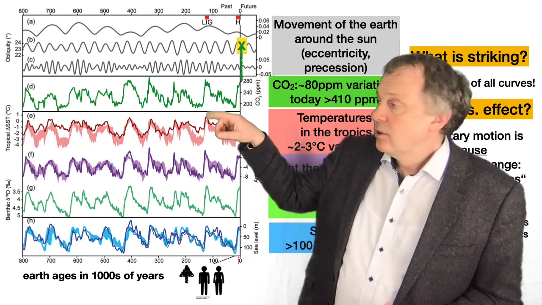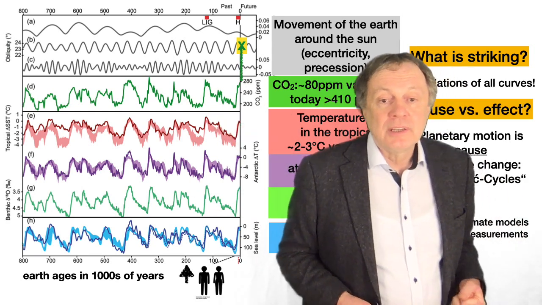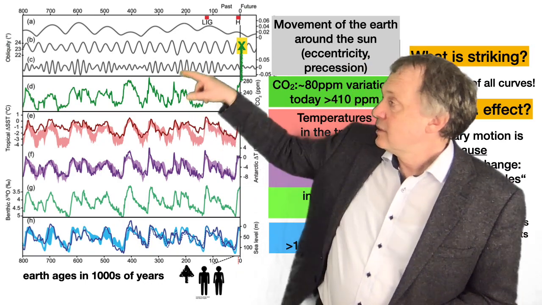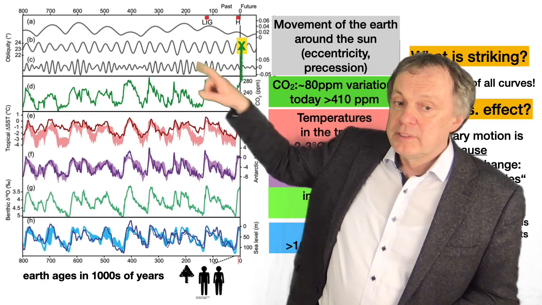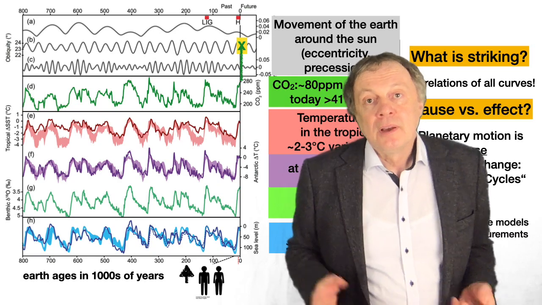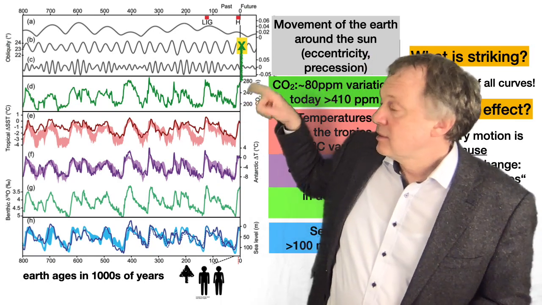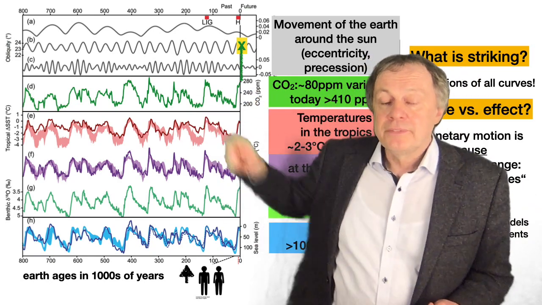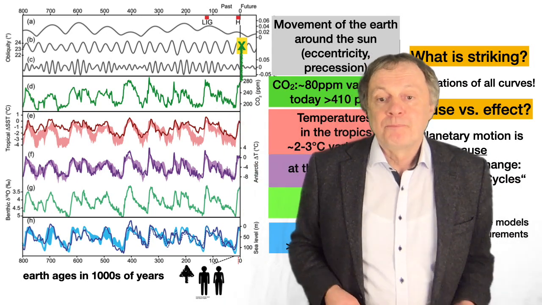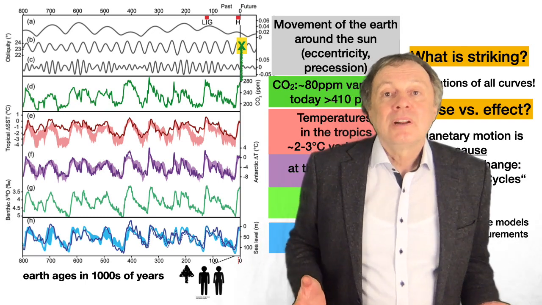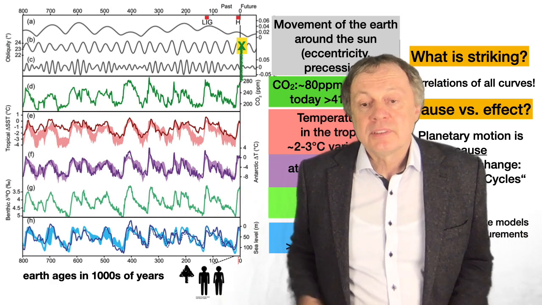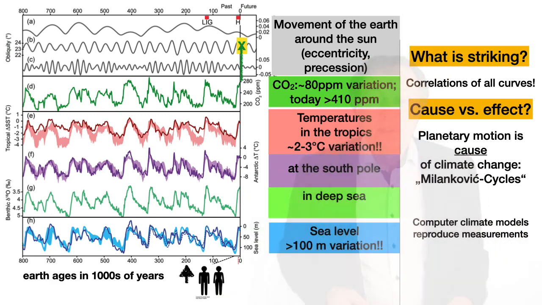If you look at these curves which describe these motions here, you clearly see there's a correlation, for example, with the lowest black curve, which has all these wiggles, and the CO2 or temperature curves. You clearly see that always when there are these large wiggles in the third curve, you also have a change in temperature. So there's clearly a correlation between the motion of the planets or the Earth around the Sun and the temperature on the Earth.